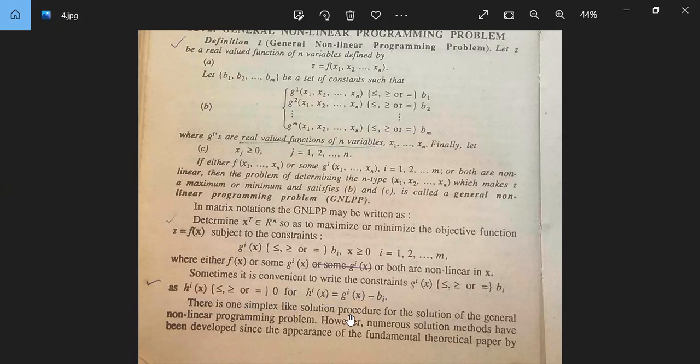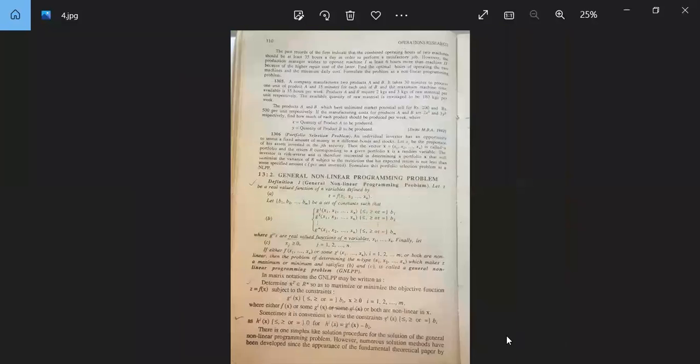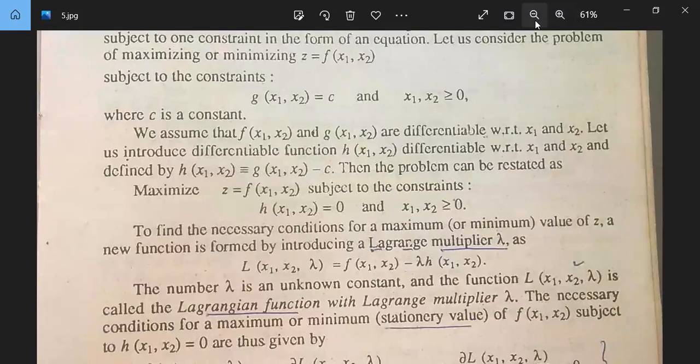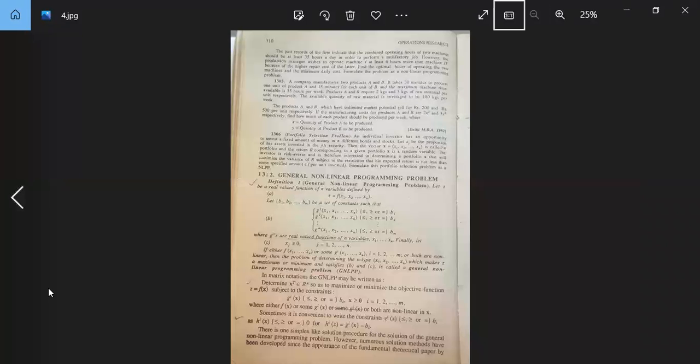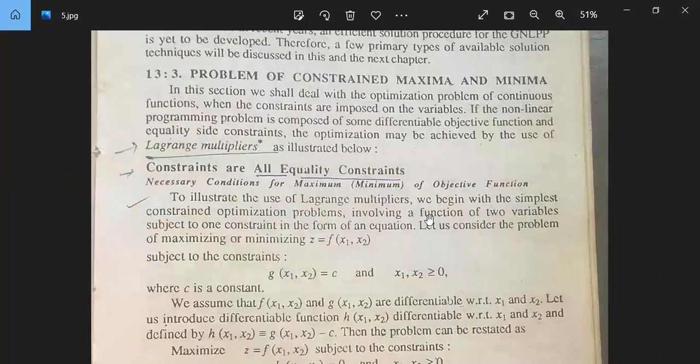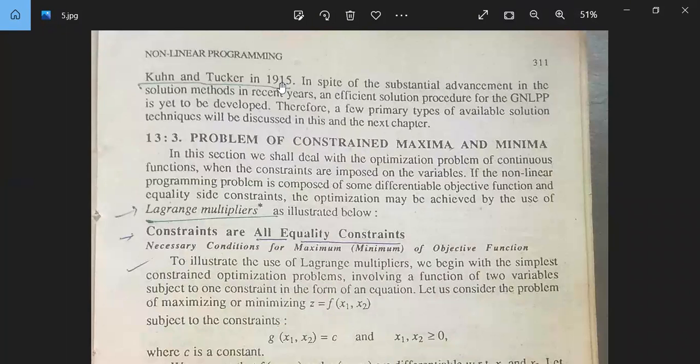There is no simplex like solution procedure for the solution of the general non-linear programming problem। However, numerous solution methods have been developed since the appearance of the fundamental theoretical paper by Kuhn and Tucker। कुन-टकर कंडीशन भी हम लोग बाद में पढ़ेंगे। In spite of the substantial advancement in the solution methods in recent years, an efficient solution procedure for the GNLPP is yet to be developed।